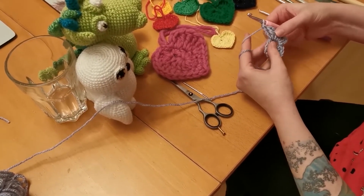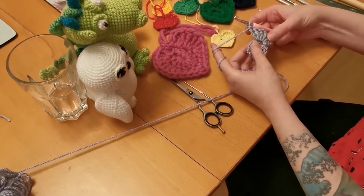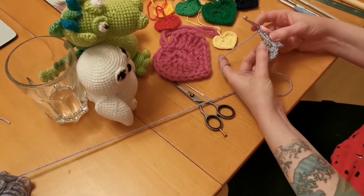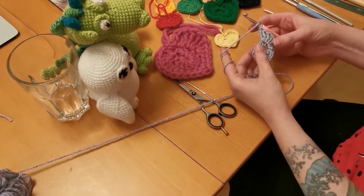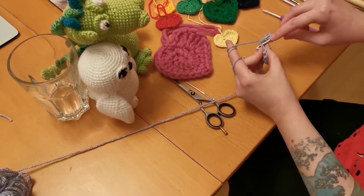And like I said before, there are lots of videos out there on YouTube that will show you how to do all these stitches. So now you've got 6 double trebles, so into your next stitch, so you've worked in 2 stitches so far, so this is into your 3rd treble of the round below. So do 1 treble,